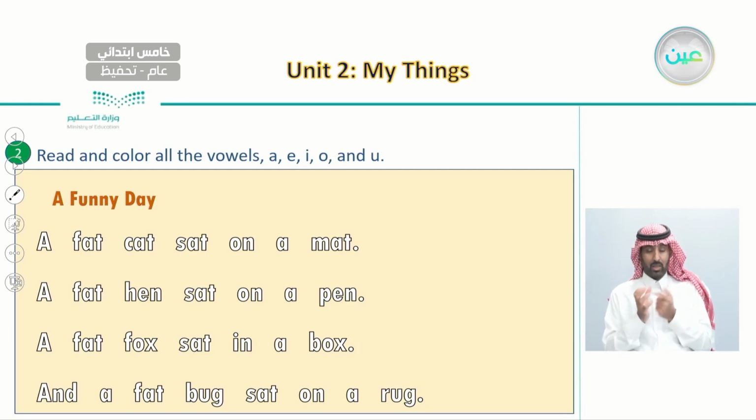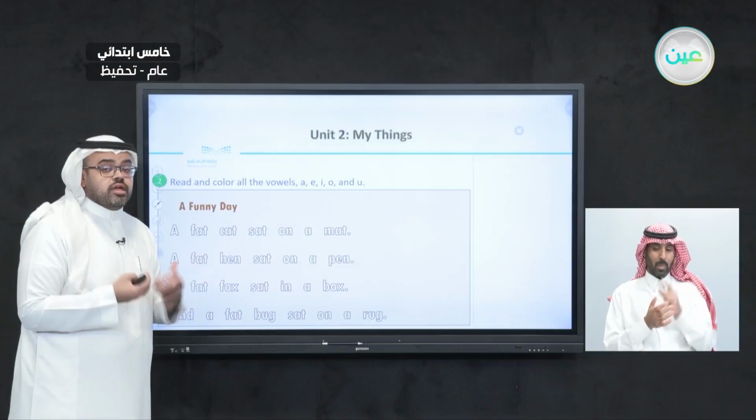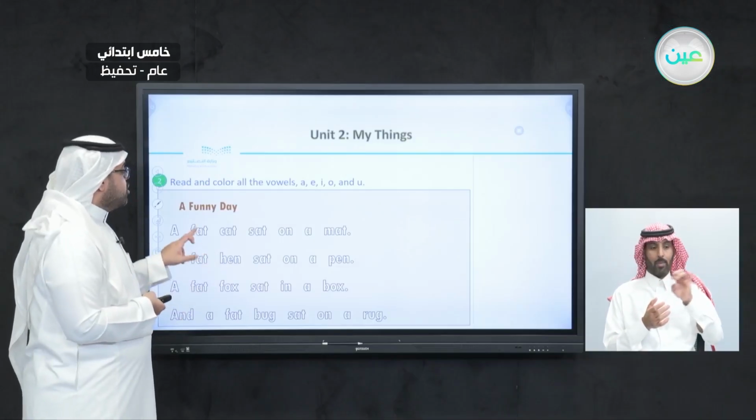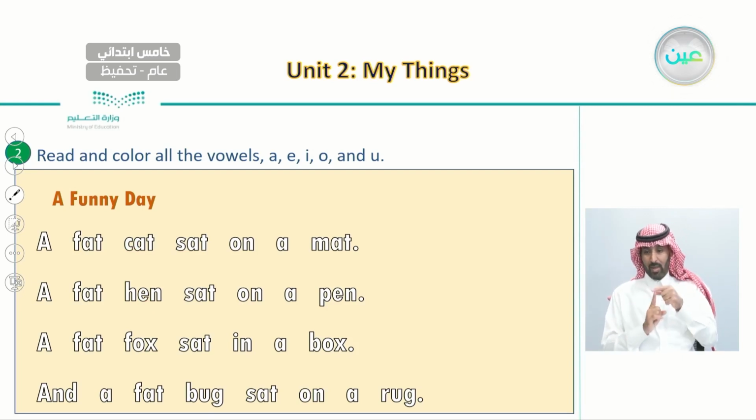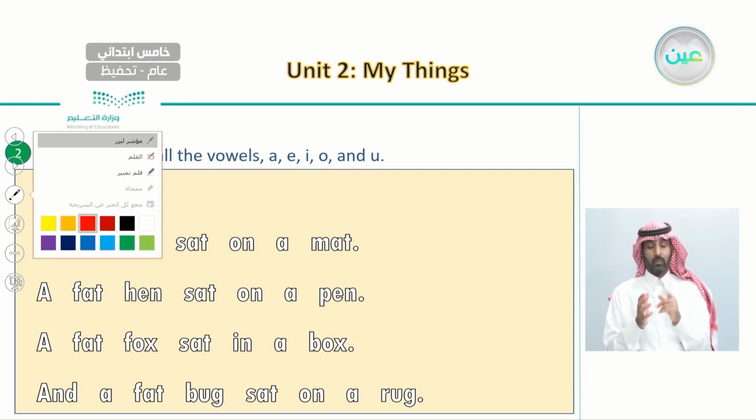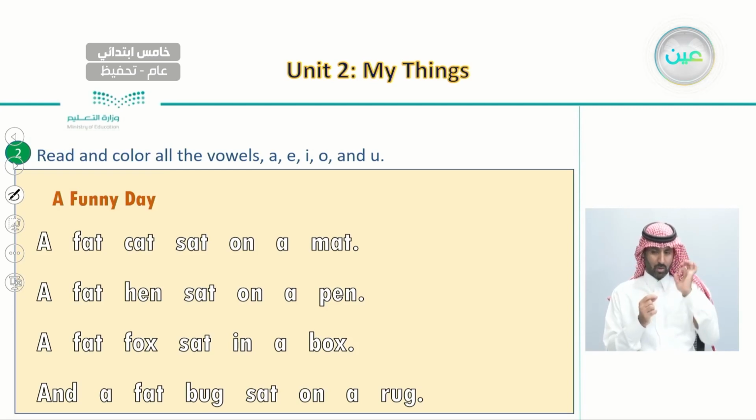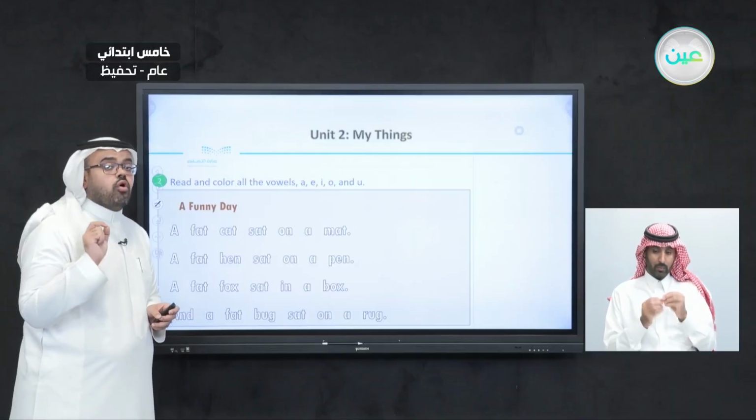So this is a funny day where we have different words that have the same sound. Like, for example, fat cat sat on a mat, and also fat hen sat on a pen, and fat fox sat in a box, and also fat bug sat on a rug. So what we're going to do now is that we're going to choose a color, any color, and try to find all the vowels